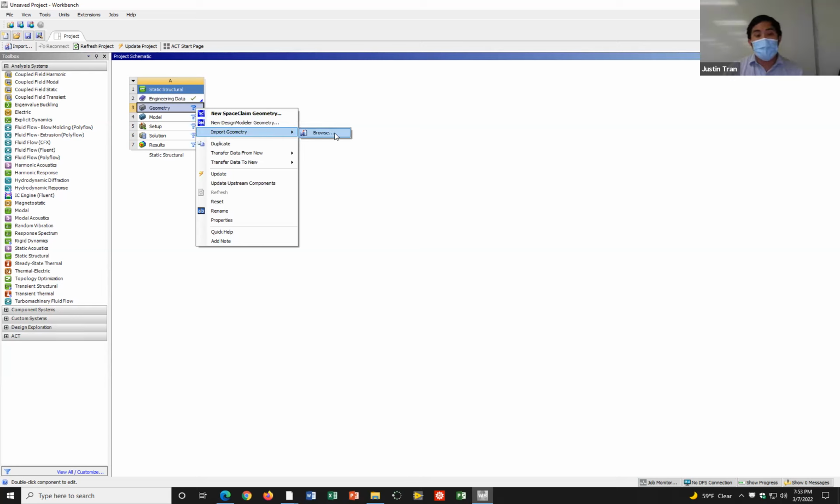And then you're going to click on browse, okay? And then after you click on browse, you're going to browse through wherever you downloaded the crank assembly.x_t, and then you're going to import that directly into Ansys, okay? All right, so I'm going to go ahead and do that, and so I'm going to click on browse right here,